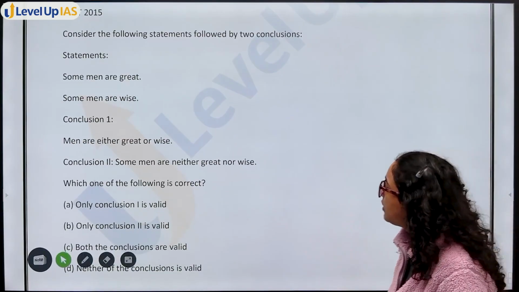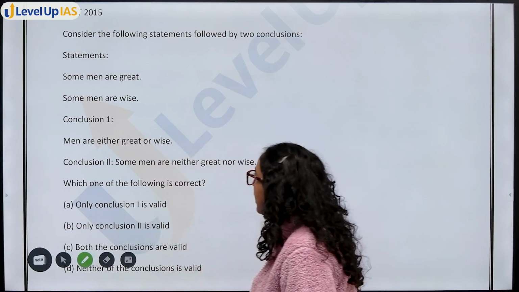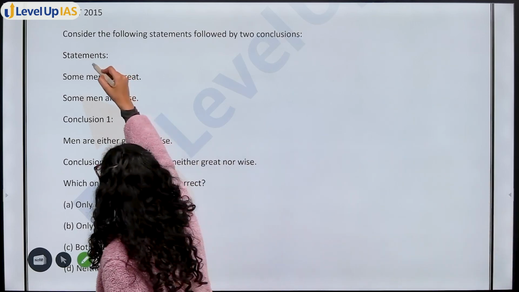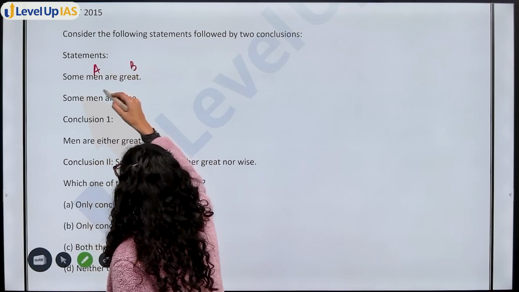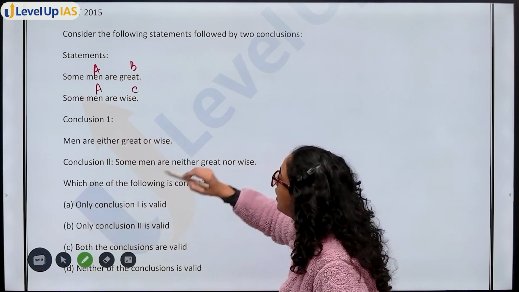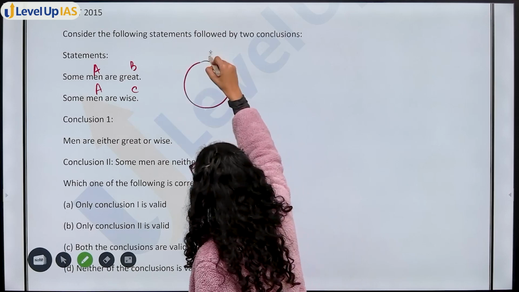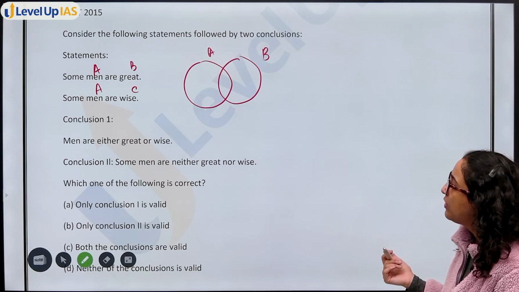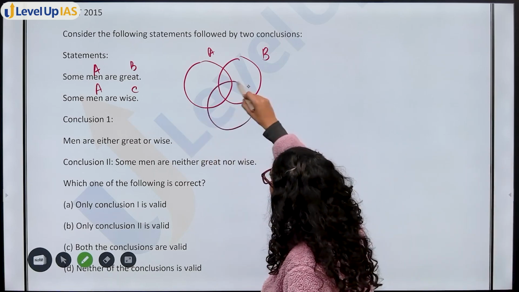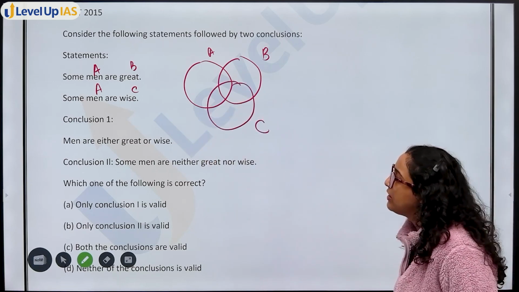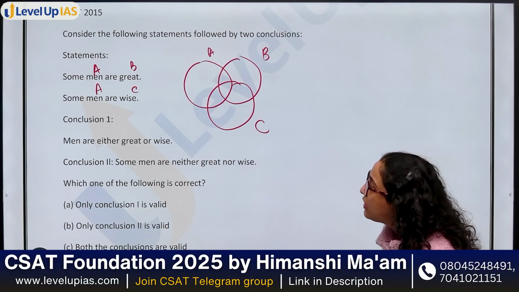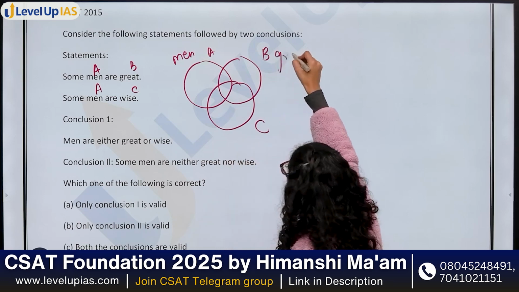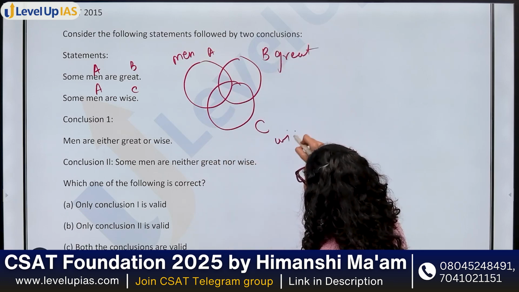Some men are great, some men are wise, men are either great or wise, ठीक है। देखो इसको ना ए बी लेके चल लो, ग्रेट वाइज ए सी, ओके। नाउ सम ए आर बी, दैट मीन्स ये लो ए बी, सम बी आर सी, सम ए आर सी, सॉरी। सो दैट मीन्स यहां पर कर सकते हैं सम ए आर सी। फर्स्ट क्या है, मेन आर ईदर ग्रेट और वाइज, दैट मीन्स मेन या तो ग्रेट होंगे या फिर वाइज होंगे, बट